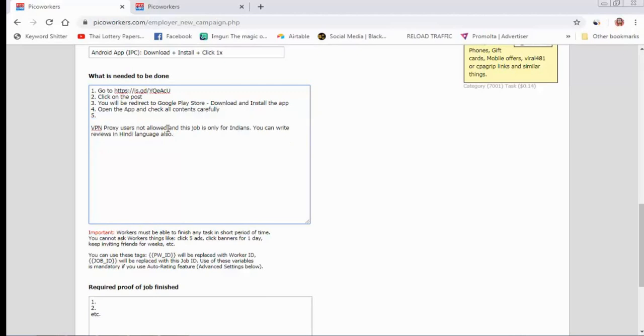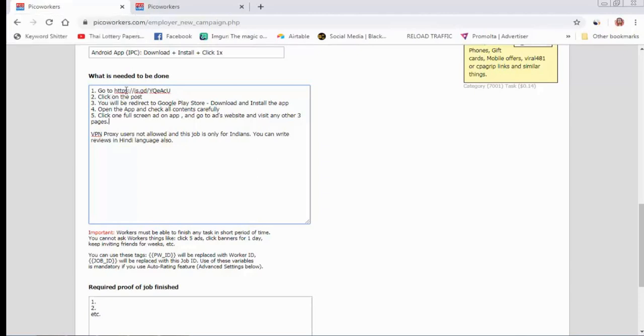Here I need to write: click 1 full screen ad on app and go to the ads website and visit any other 3 pages.